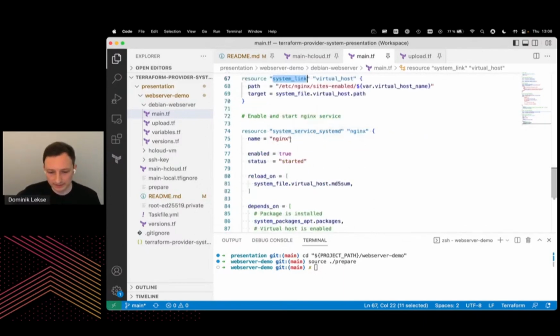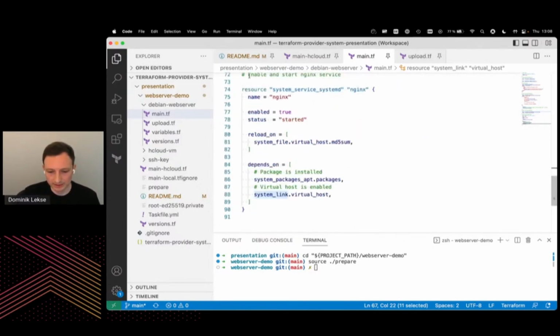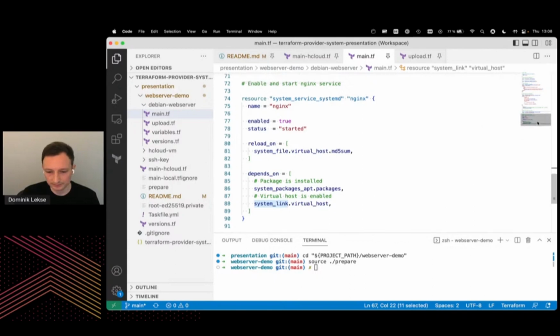And last, we want to ensure that the Nginx service is enabled and started. This is achieved by the systemd service resource. And we need to define some explicit dependencies here because we need to ensure that the package is installed before we can start it. All right,